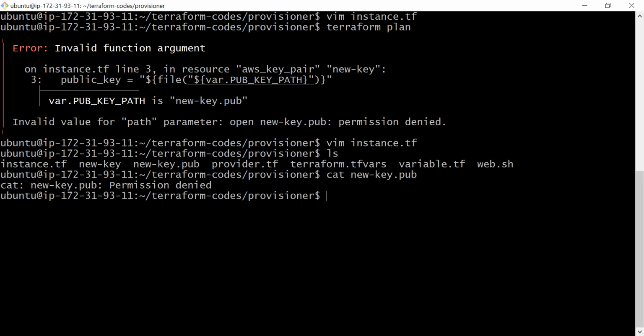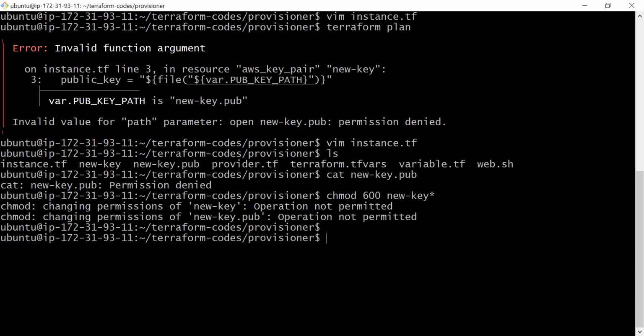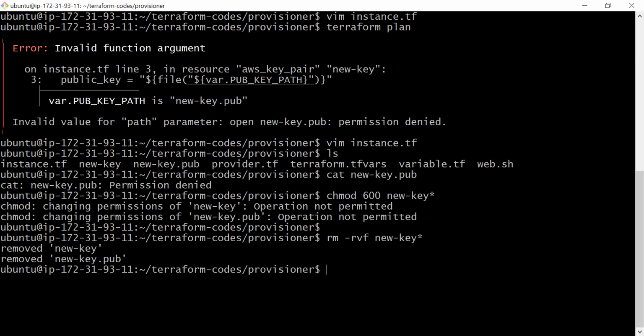Okay, let's give the permission. The permission is on that key file. So let's delete the file and